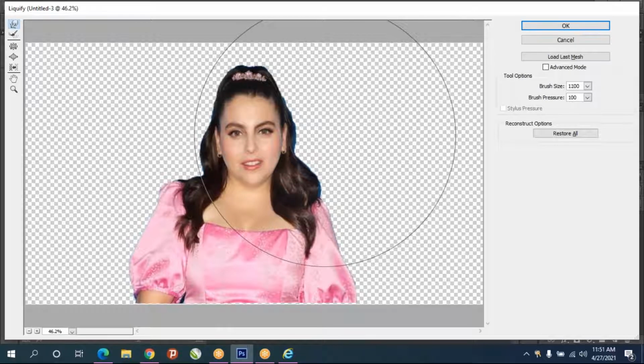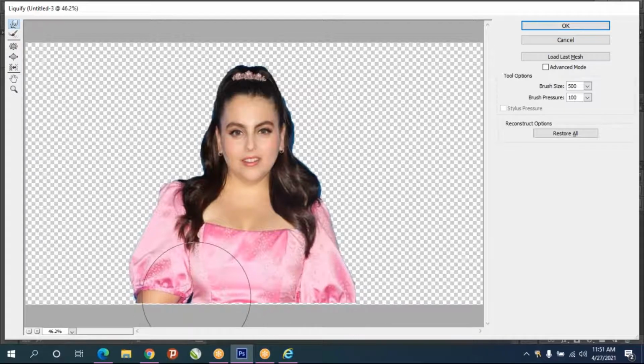So I'll reduce the brush size a little bit. But it should not look like it is stretched.